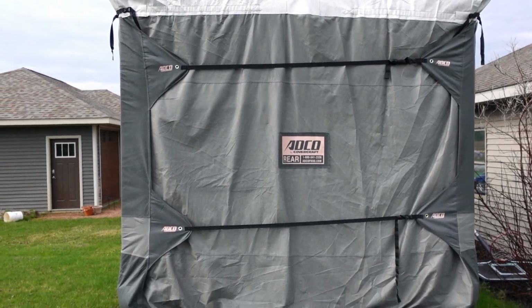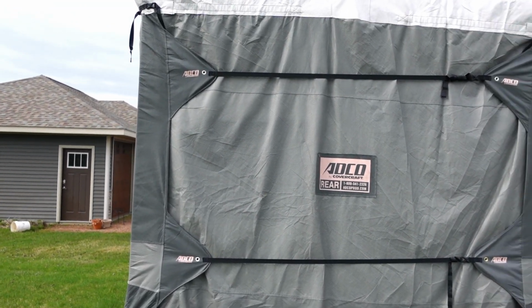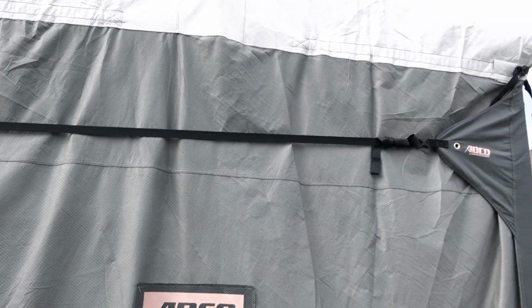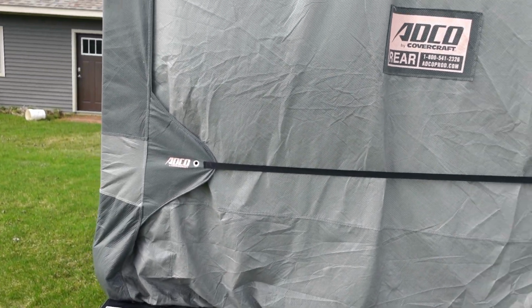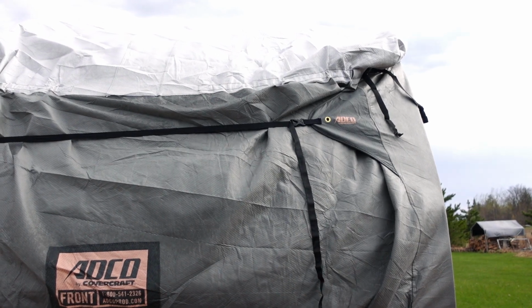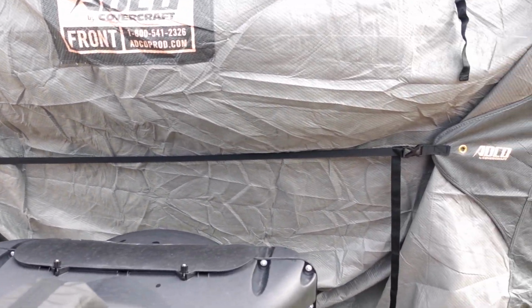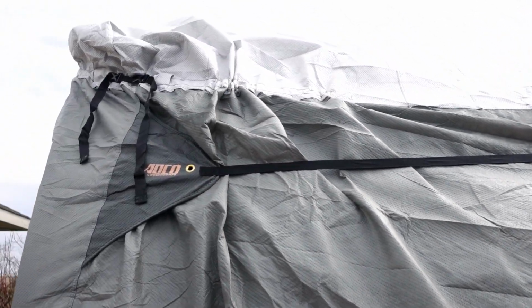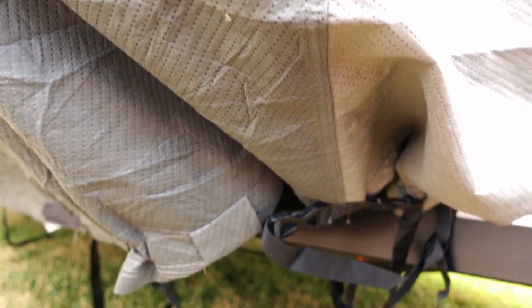Here is a view at the rear of the camper. As you can see, there are two slip seam strapping cinches, one located at the top and one down at the bottom, and that really helps secure that cover in place. There are also two cinching straps located at the front of the travel trailer, the top and the bottom, as well as these cinching straps located on all four corners of the cover, at the top and also down on the bottom